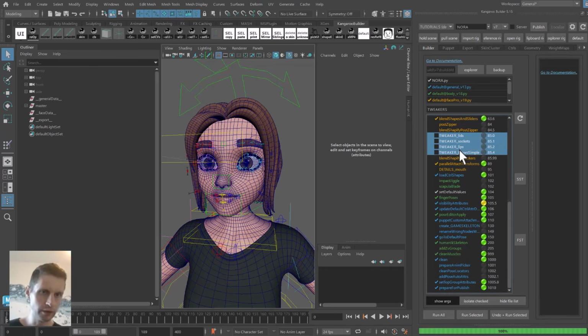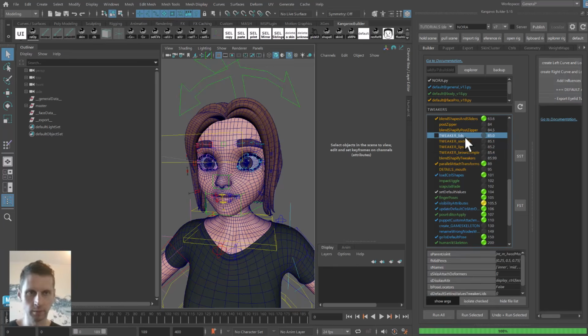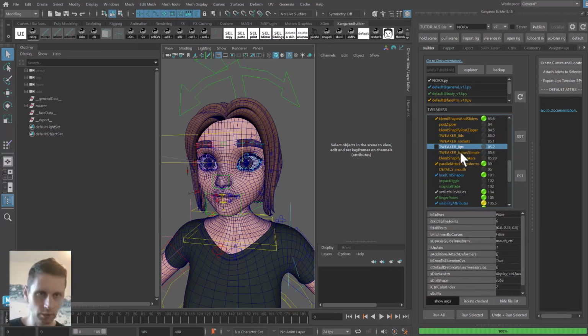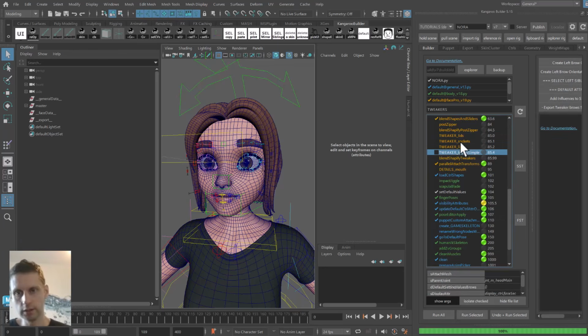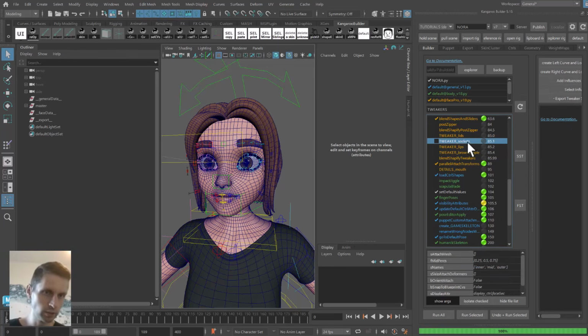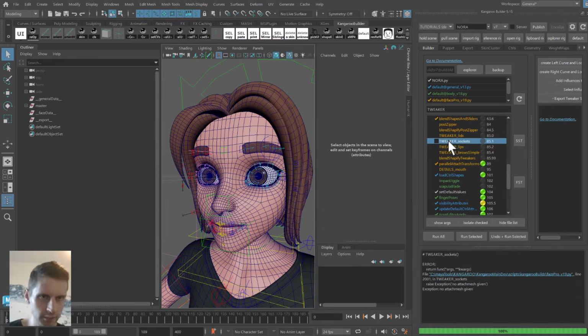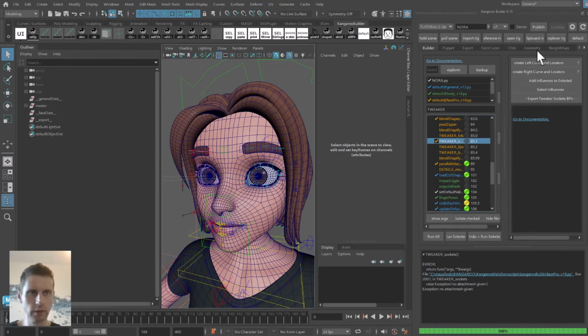Now, most of them are more useful if you're using a blendShape. So if you have a blendShape rig, then you can have the lid tweakers, like little tweaker controls on top, or for the lips or for the brows. If you're doing everything already with splines like we did, then the only one here that is interesting to us is the tweaker sockets. So we'll just create it by turning on the function, and then we have to create